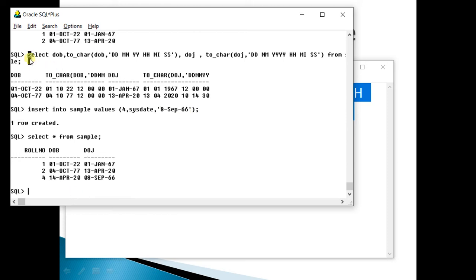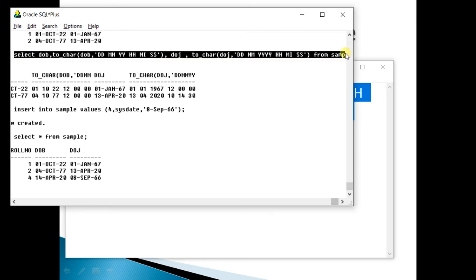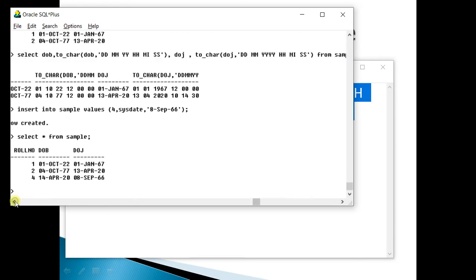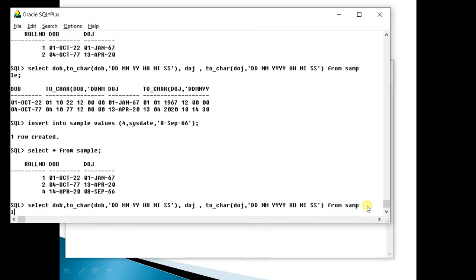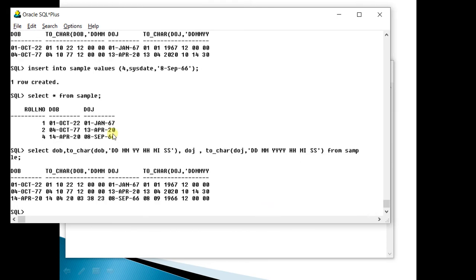Now, if you try to execute the above query again, what will happen? Now see carefully. Since I have given sysdate, it is 14 April 20, 14/4/20, and 3:38:23 is the system time on my laptop.